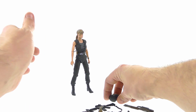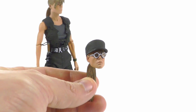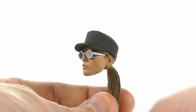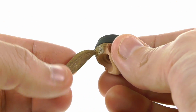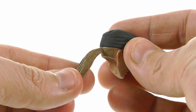Now, taking a look at the individual head sculpts, you can see that the likeness to Linda Hamilton is really very nice on here. I'll get that out of the way because it wants to focus. But you can see real cool likeness on there. You can see she's got her sunglasses and the hat on there. Come around here, you can see that the ponytail is actually a separate piece. It's a little bit more of a softer rubber, but you can see that it's kind of glued on there